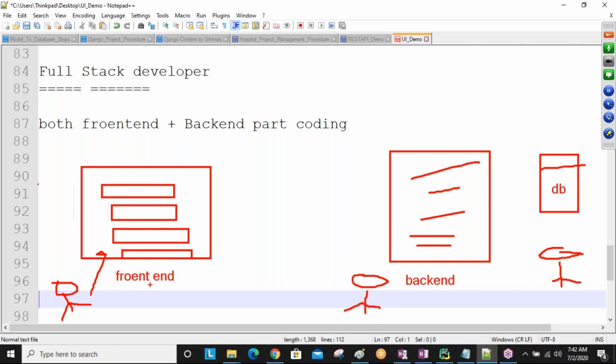Suppose the front-end developer suddenly takes one week leave. Then the back-end developer is waiting for the front-end code. Sometimes the front-end developer resigns the job and goes to some other company.